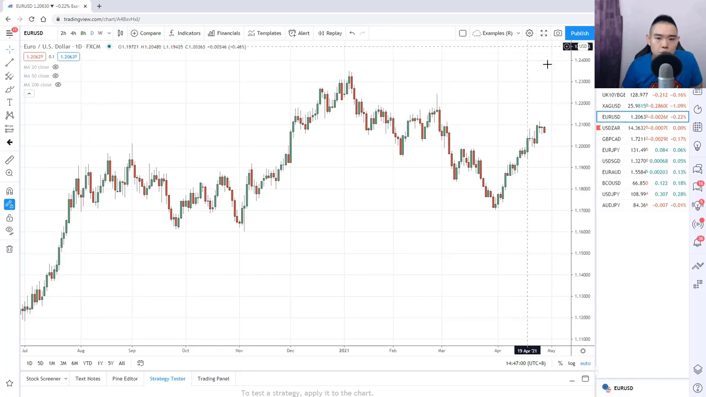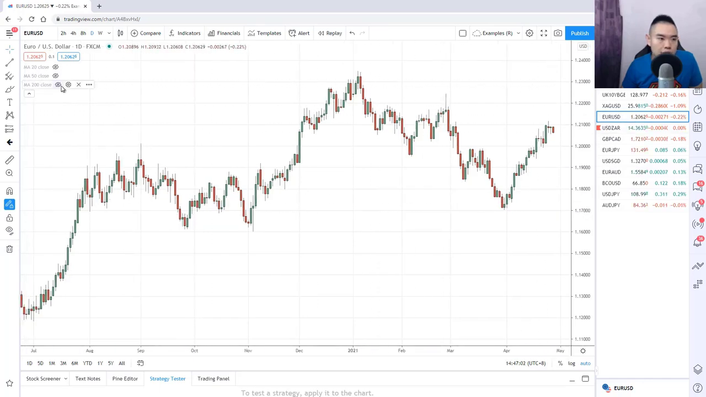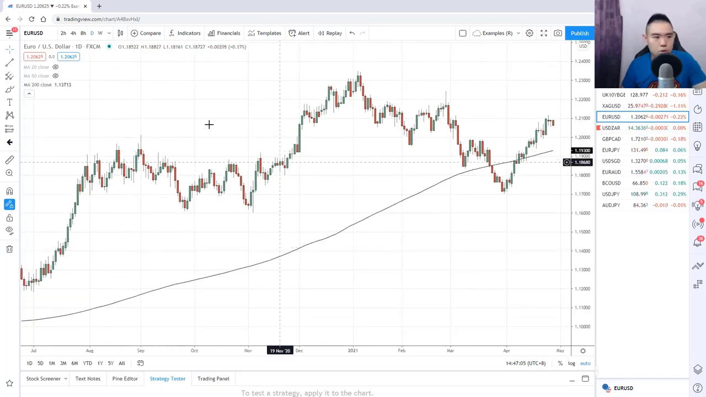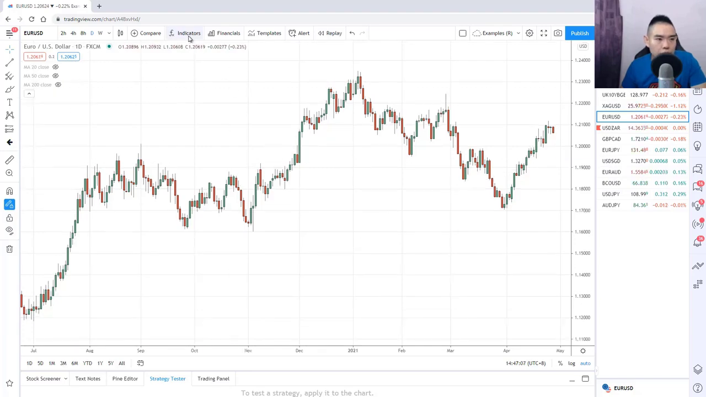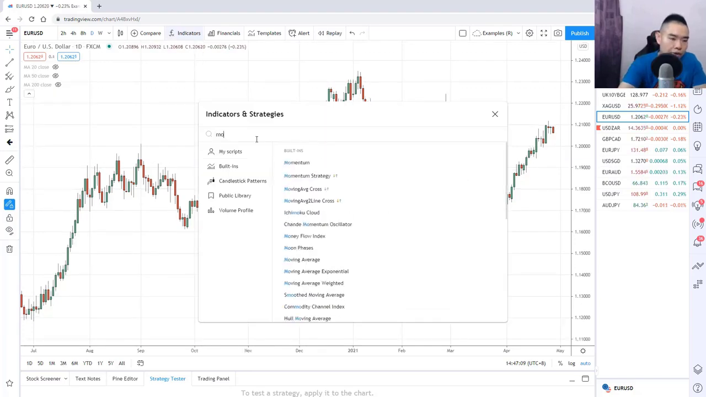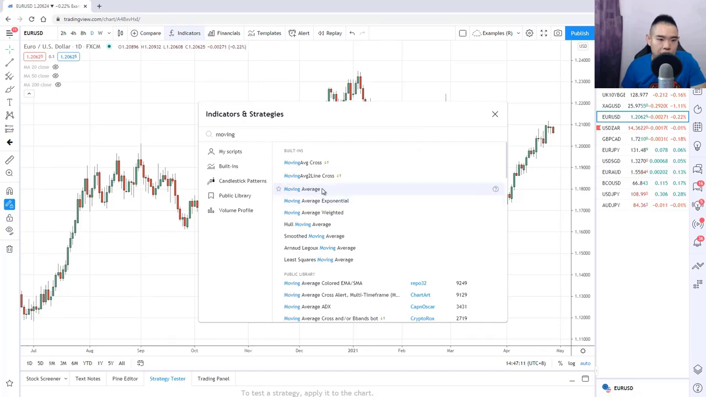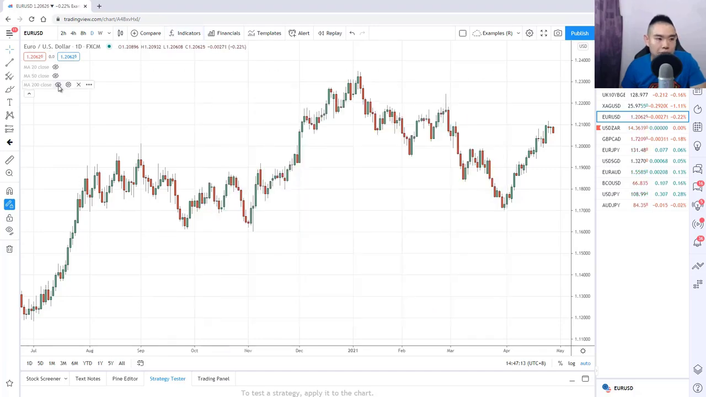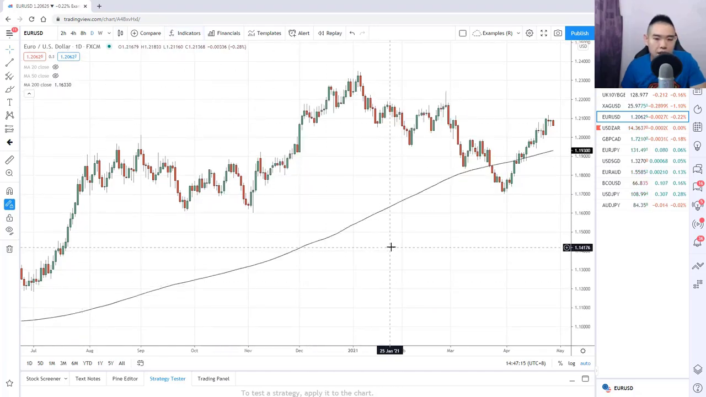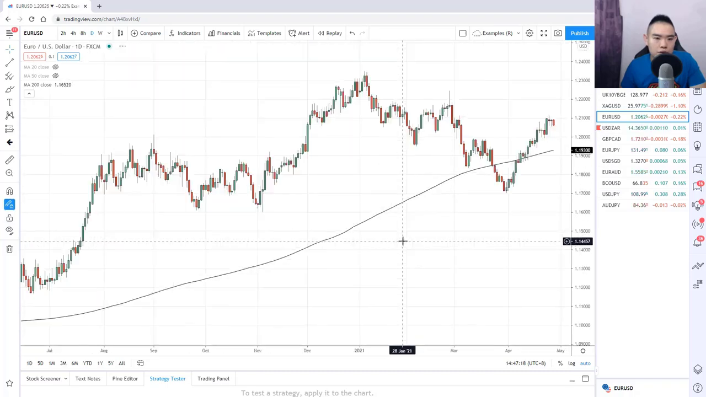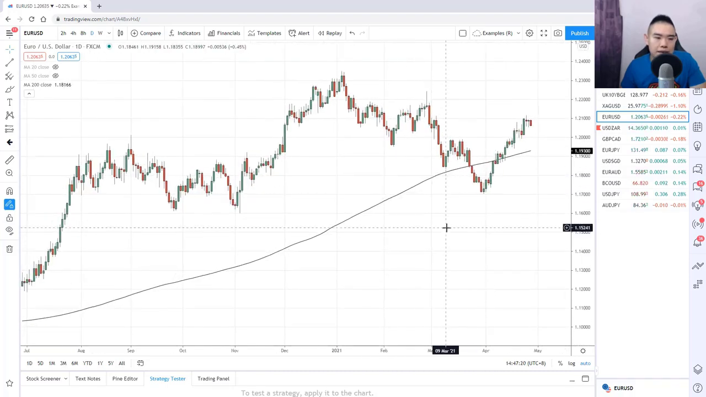So let me just show you. For example, Euro against the USD, I'll add in the moving average here. If you're wondering how to do it, just go to indicators, you look for moving average. You can see over here, just click on this and the line will appear. In this case, I already have it on my chart. And if you look at Euro against the US dollar, you can see that this market is in an uptrend. The price is above the